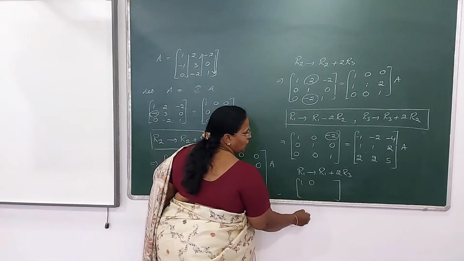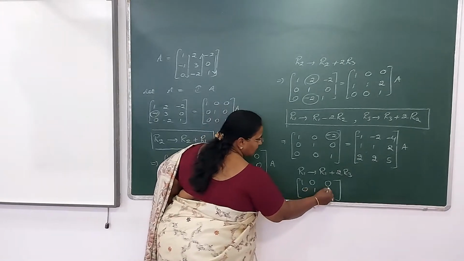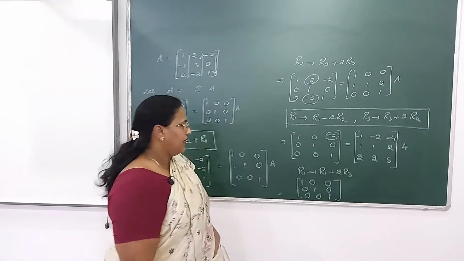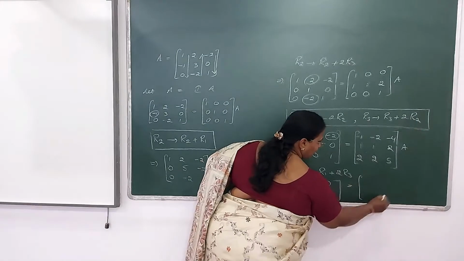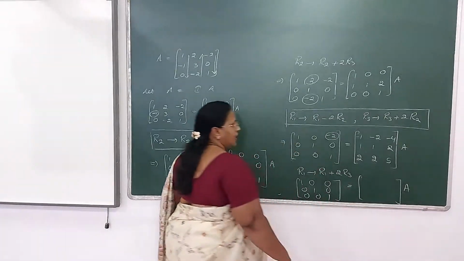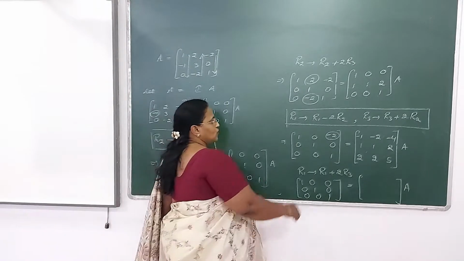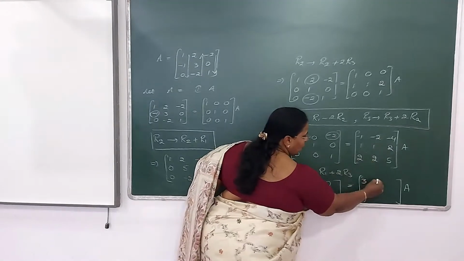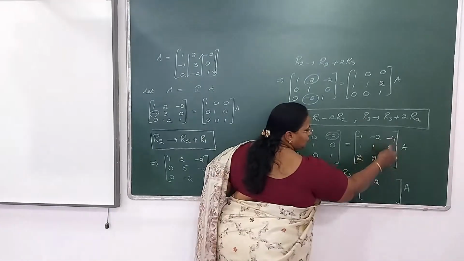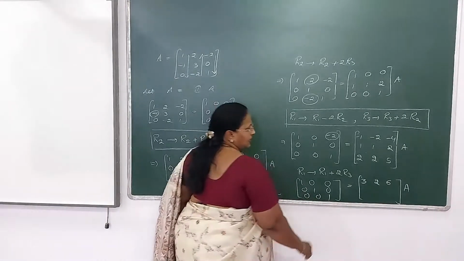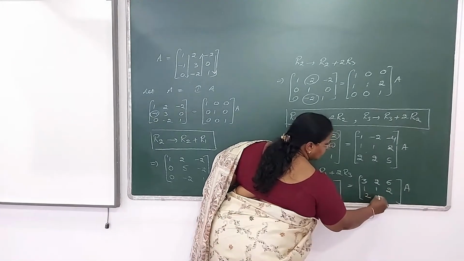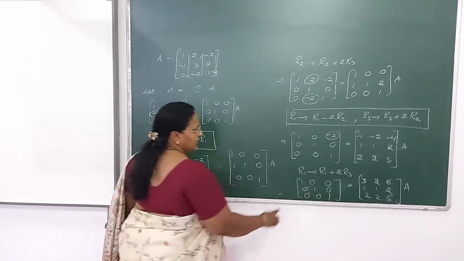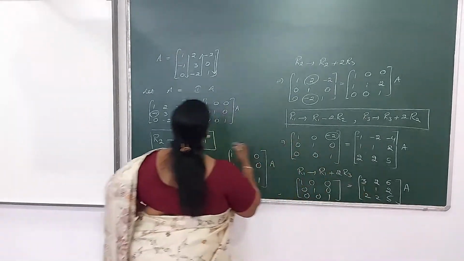It's 1 0 0, 0 1 0, 0 0 1. See, the identity matrix in the left side we have already obtained. Now exactly the same you perform the operation in the right side. So what is the operation? R1 plus 2 times R3. So it's minus 1 plus 4, here it is 3. Minus 2 plus 4, here it is 2. Minus 4 plus 10, here it is 6. The second and the third row will remain as it is, and this is the final answer. Now you can compare. This is I, so definitely this will be A inverse.